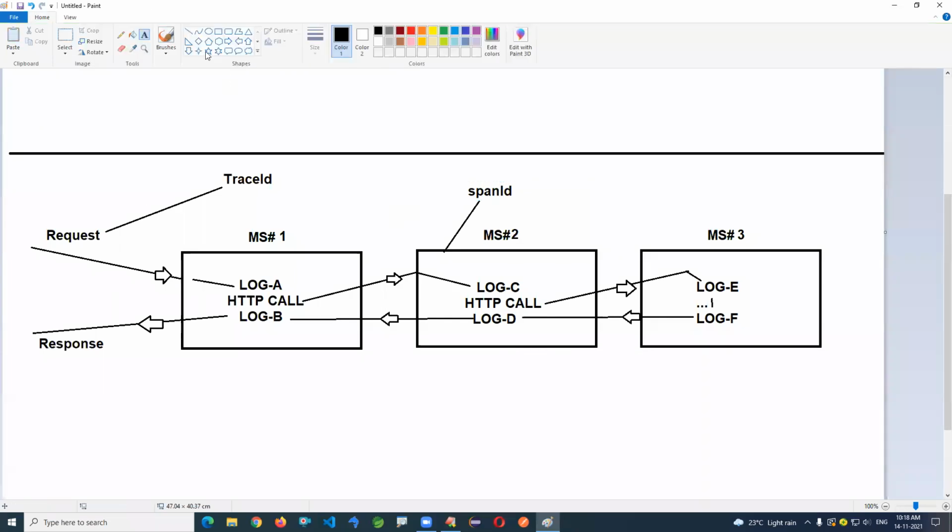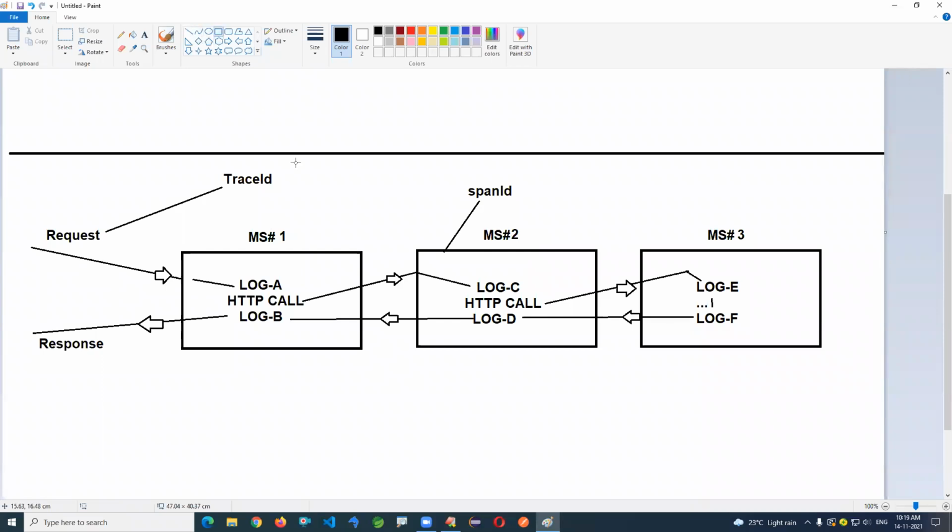Okay, so here trace ID is actually unique for one request to response, whereas span ID is unique for one microservice execution. For example, if you look at here, I made a single request, and 3 microservices executed. For this single request, trace ID will be 1, but span IDs will be 1, 2, and 3. If a fourth microservice is also involved, then 4 span IDs will be generated and 1 trace ID will be generated.